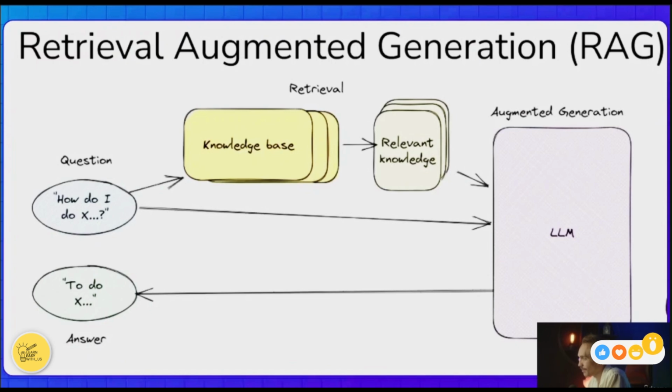At the same time, your company's knowledge base, all of your documents, FAQs, and manuals, is also turned into its own set of embeddings. This allows the system to quickly match the question to the most relevant content, like fitting puzzle pieces together. It's like having a highly organized filing cabinet where every piece of information is tagged and ready